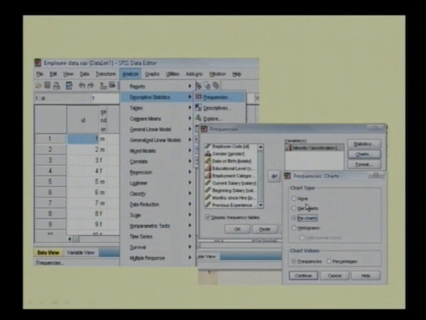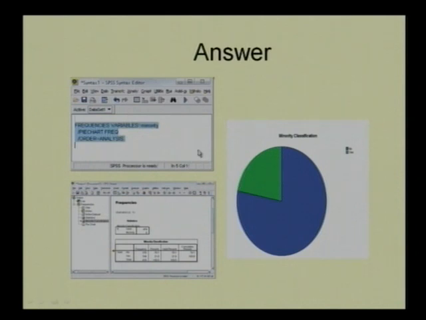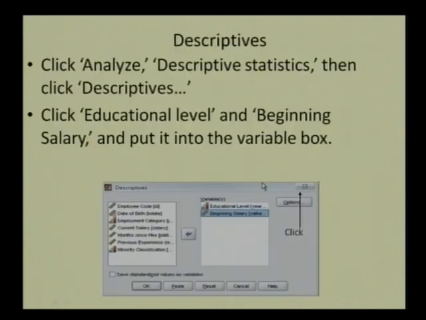In the previous exercise what did we do? We had gone for the percent bar chart, and here a pie chart. So there are two options, either percentage or frequency, and you have to decide which one you need: pie chart in percentage or frequency. So just click on continue. If you give the OK, you can have this output. This is the minority pie chart available to you, and this is the particular syntax. If you give paste instead of OK, this syntax is generated. Just run it and you will get this output.